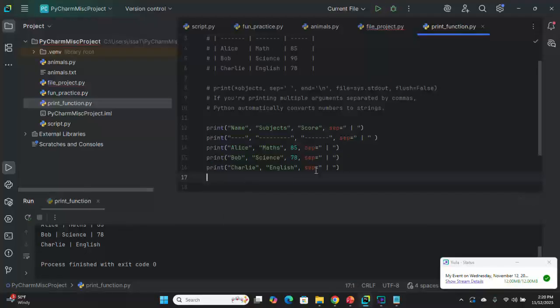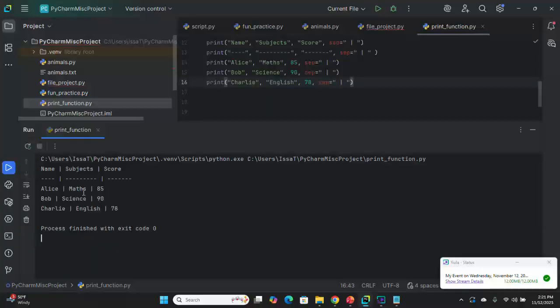You can see that something is missing here. Let me change this to 90, then I can change this to 78. Okay, and let's reprint and see what it looks like. You see that we actually created a table. You need to format more to get the accurate lines and all that. You have to do the formatting, but I'm not doing that. I'm just doing this to show you